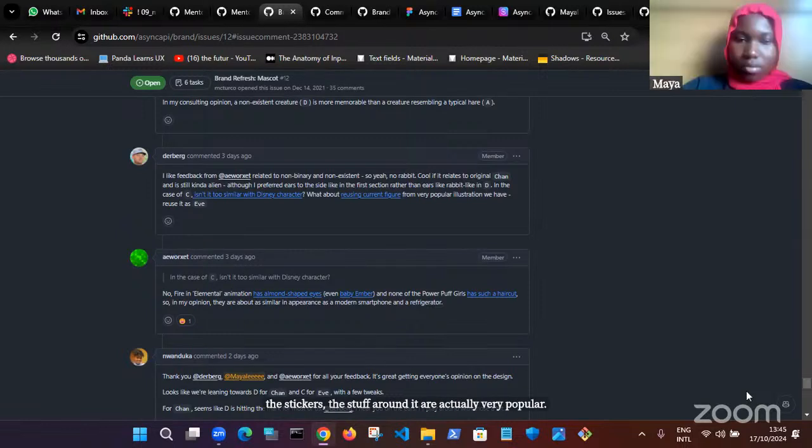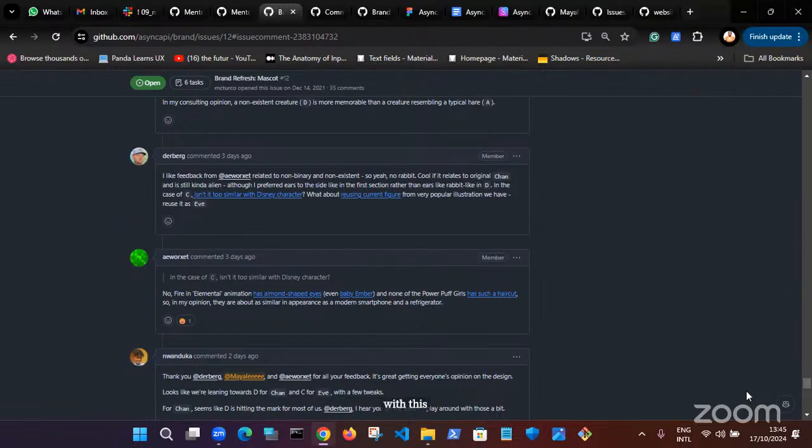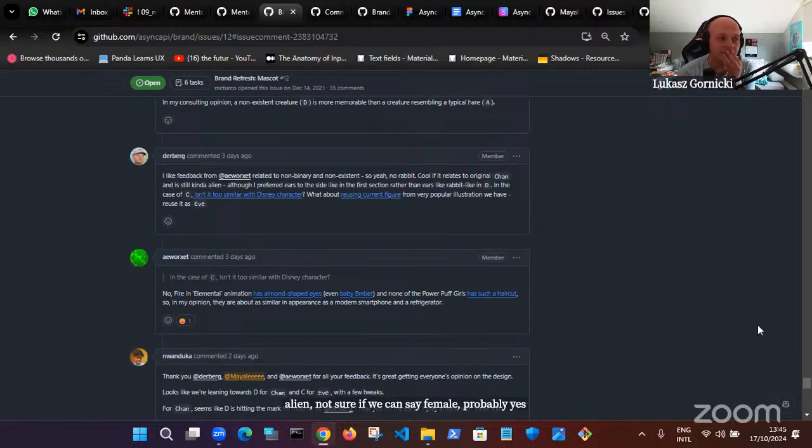I can see that whenever we put these stickers in between other stickers, sometimes at events there are tables where you can cross-share stickers between different communities. So this illustration with this alien, not sure if we can say female, probably yes, is very popular.